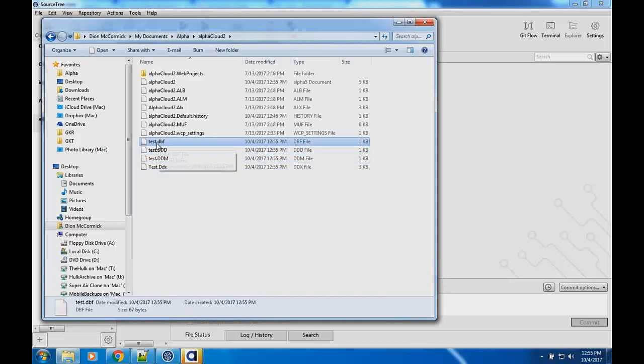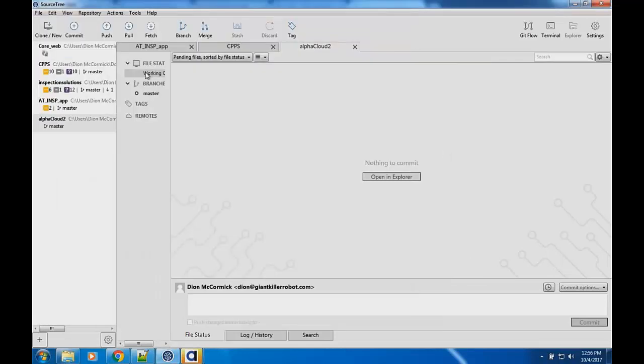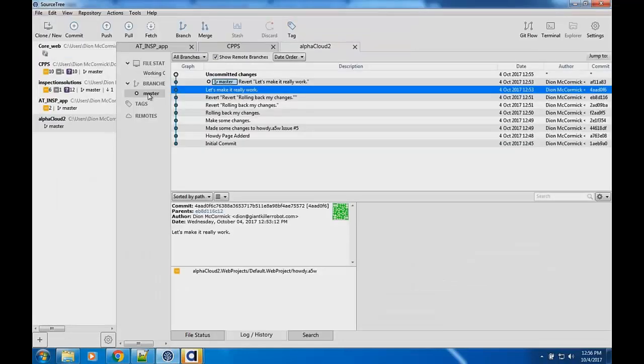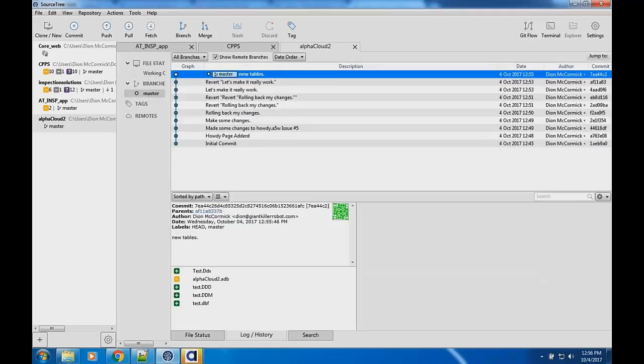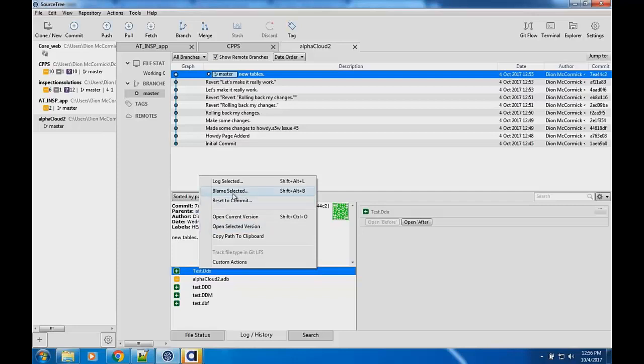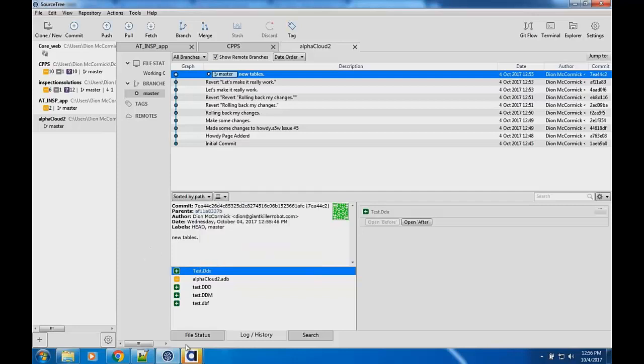If I went in and made changes to that table structure, the one thing you may want to do is that maybe you don't want that to occur. So we can actually go into the different files here.